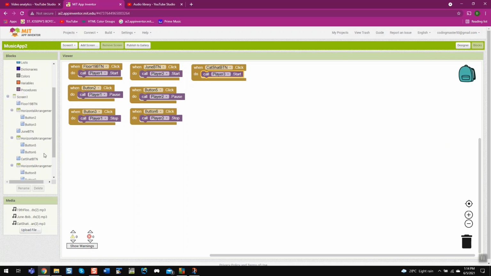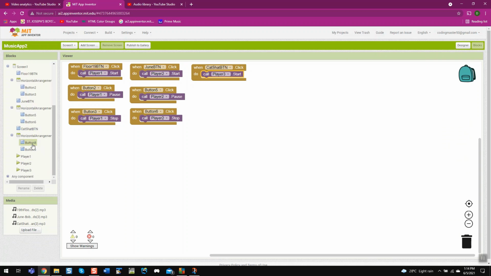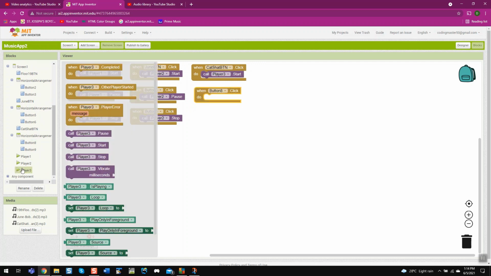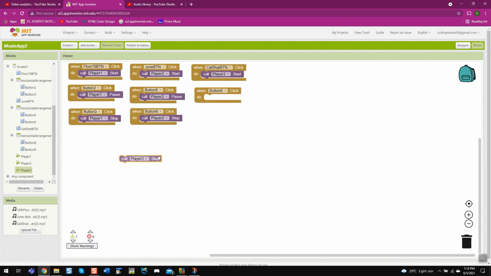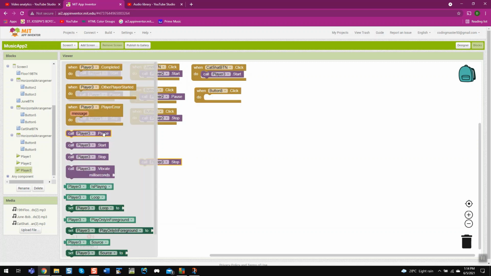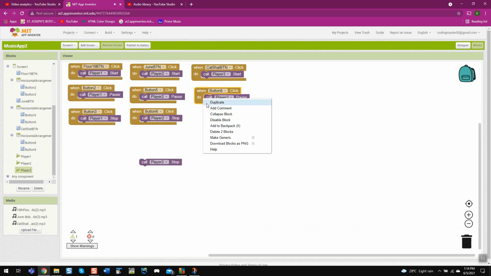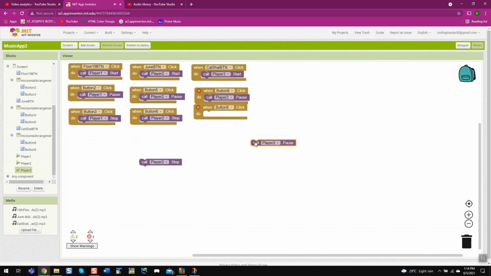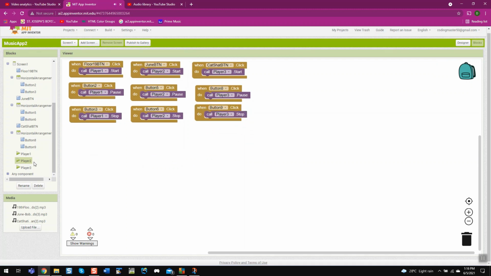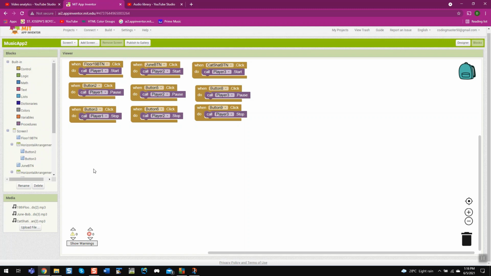So when button 8 dot click, set player 3 dot pause, and then duplicate this, and put when button 9 dot click, set player 3 dot stop. Now we have done this much.